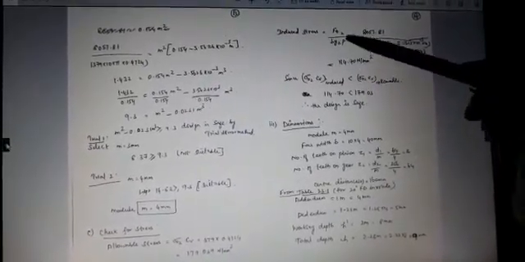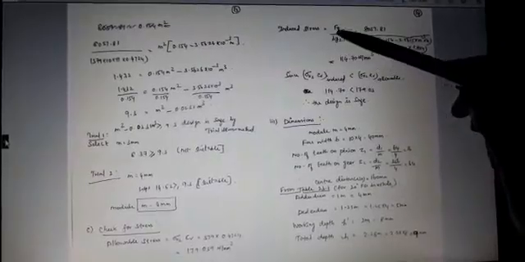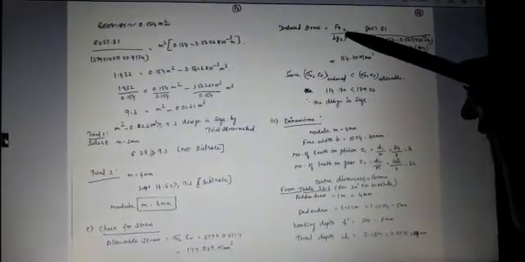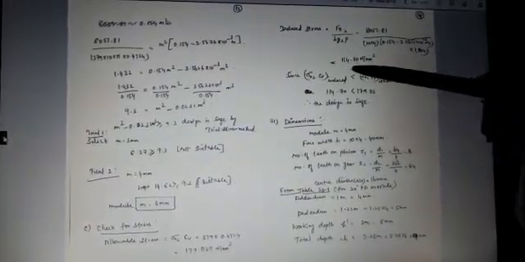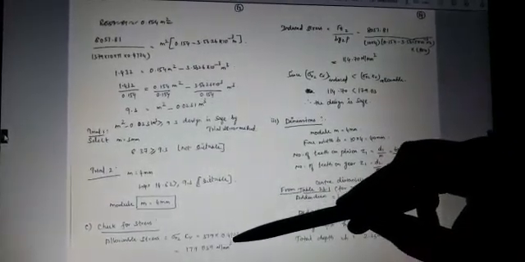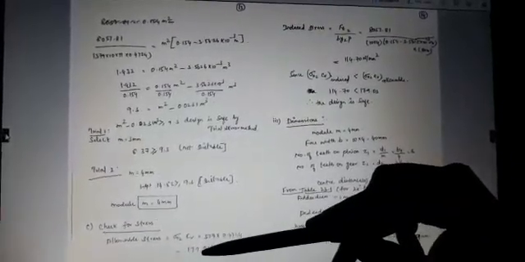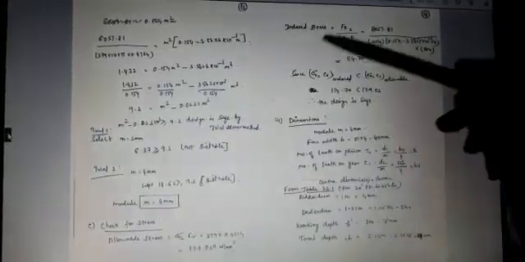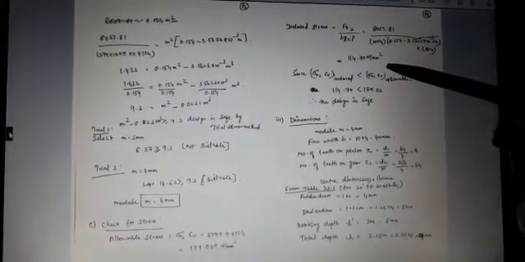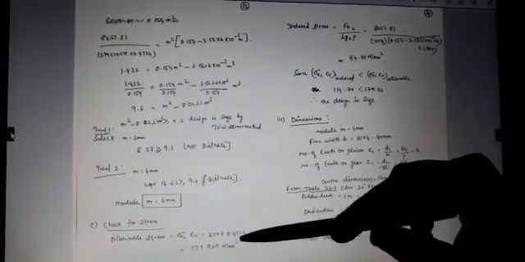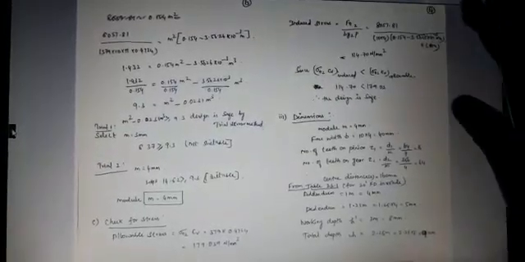Ft divided by b y multiplied by P. This is the formula to find the induced stress. By substituting these values, we get one stress value. The induced stress value must always be less than the allowable stress, then the design is safe. Here the allowable stress value we got is 179.039 Newton per millimeter square. The induced stress we got is 114.70 Newton per millimeter square. This value is less than the allowable stress value, so the design is safe.